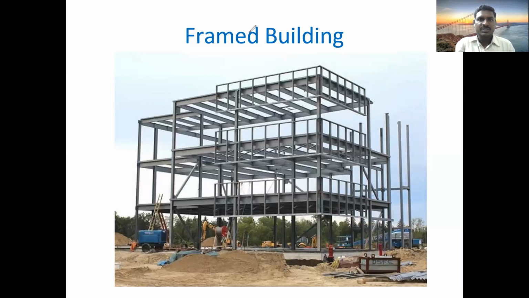So we reach up to the framed building, and this is one of the types of building. Here the verticals are all the columns, then these columns are connected by beams. Here a G+2 building is there. Again, these are the main beams, and these are the secondary beams. Many more secondary beams are there, and on these beams we can construct a slab also. So this building frame we can construct by using steel as the structural material.